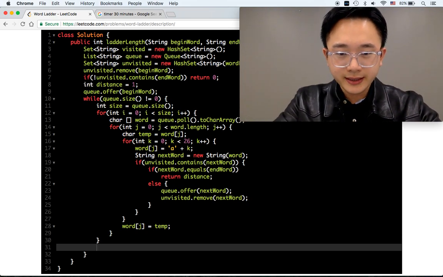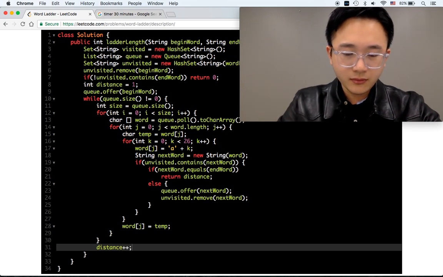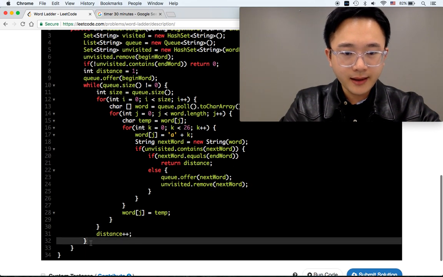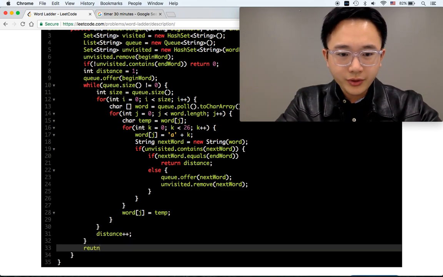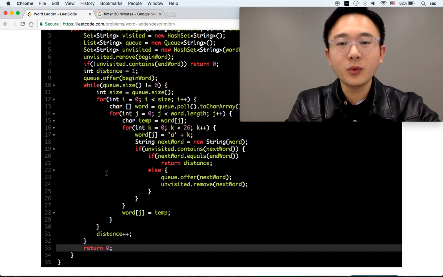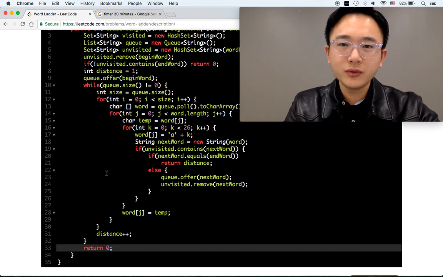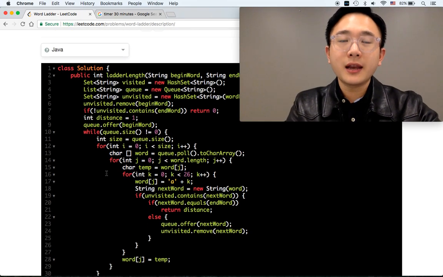We'll increase the distance. And then after that, we will return 0 because we can't find anything after we have iterated through the whole thing. Now,